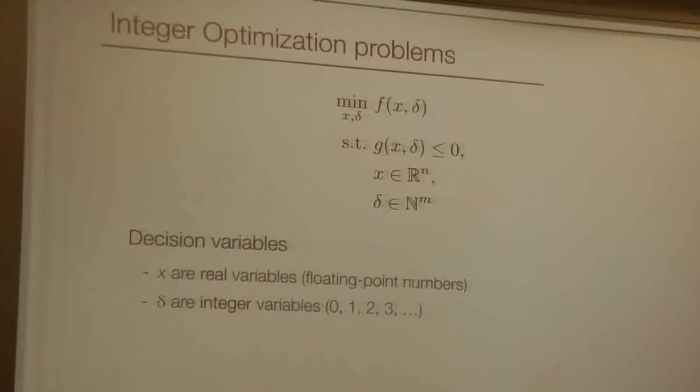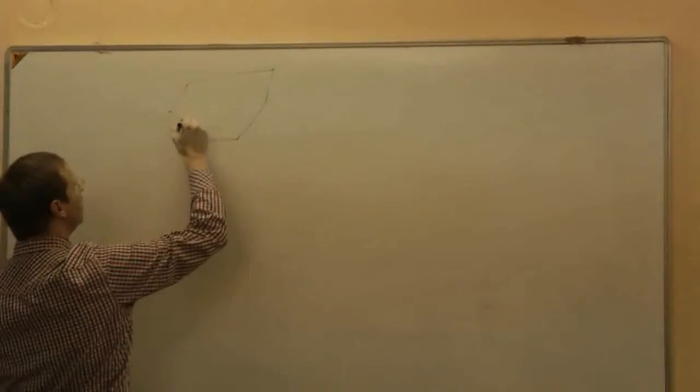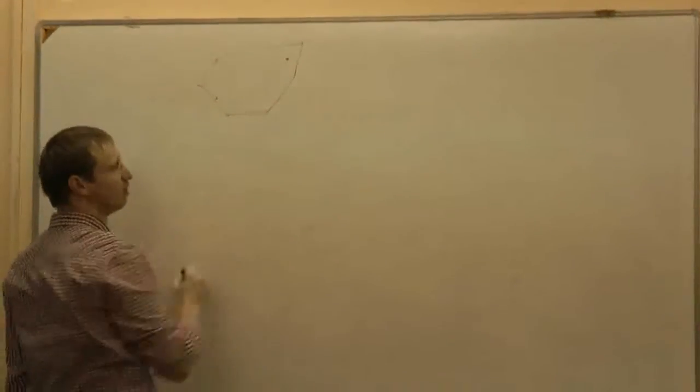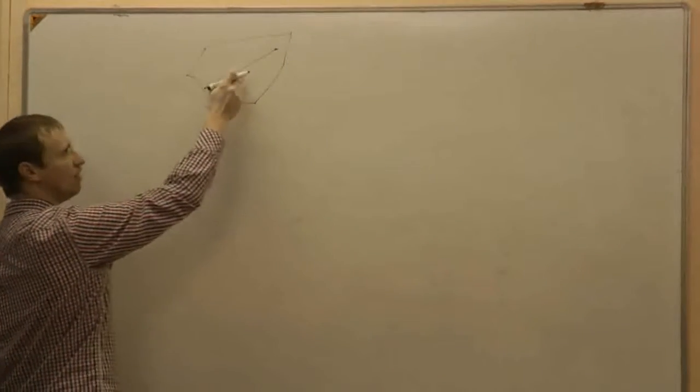But it is actually these deltas here which make these kind of optimization problems very difficult to solve. Essentially, the integer nature of those delta variables leads to non-convexity. And this is quite natural because we know what a convex... Well, actually, did we talk about convex set before? A convex set is a set where whichever 2 points we pick, the line connecting these 2 points always resides